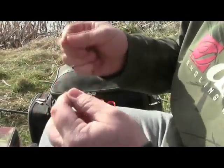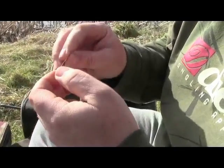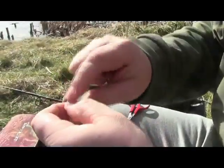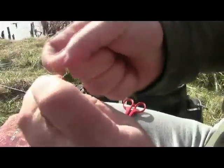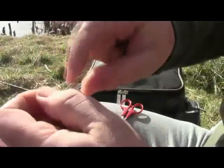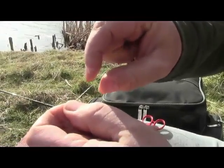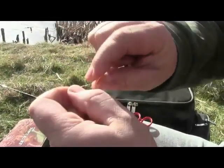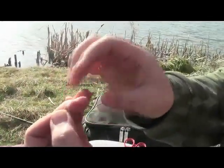We attach the main line, pass it through the loop, and go up the leader 10 times. Let's just have a look at what you're doing there, Gav. So you put the line through the knot and you're spinning the line up the leader, 10 times. Hold it there with your thumb and finger once you've done 10 times, and pass it back down 4 times. Yeah. Holding that loop, hold it all in position if you can. It's a bit tricky, but...